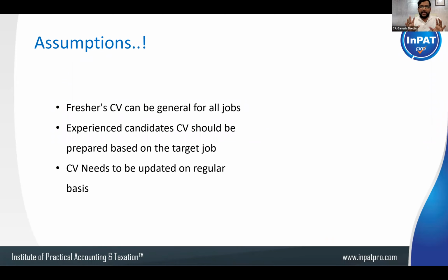This is purely, basically, about experienced people. In fact, the CV will change every day. If you apply today, the CV is different. Tomorrow, the CV is different. After 1 year, the CV will be different. After 2 years, 10 years, the CV will completely change. Every day, the CV has to get updated. This is one of the major assumptions. With these 3 assumptions: generally, a CV need not be changed, or if you are targeting a particular job, the CV has to be changed. In the case of experience, it's mandatory. And the CV has to be updated on a regular basis. So these are the basic rules, guys. Don't forget these rules. Everyone ready to go to the content level now?